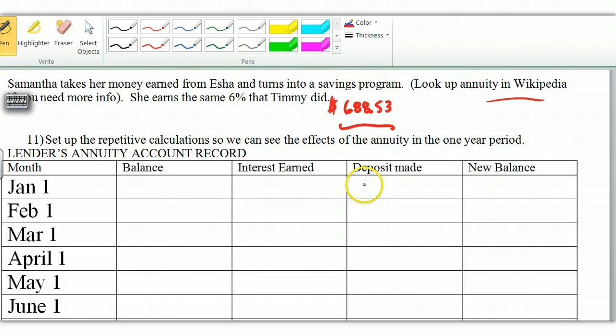So my deposit's going to be $688.53. And then that's just my balance yet. Excuse me. And so if I take this over here, now they're going to pay me interest on that. The annuity is an investment. And so what I'm doing is I'm taking this 688.53. They're going to pay me the 0.005 again. And the value that I get from that